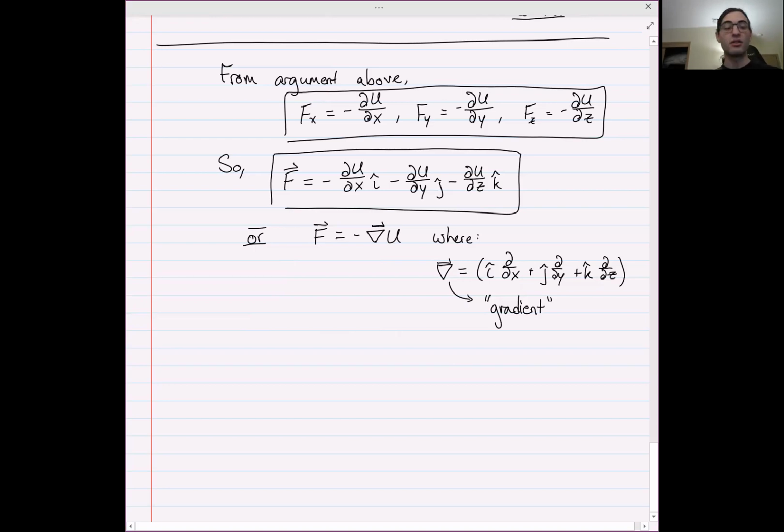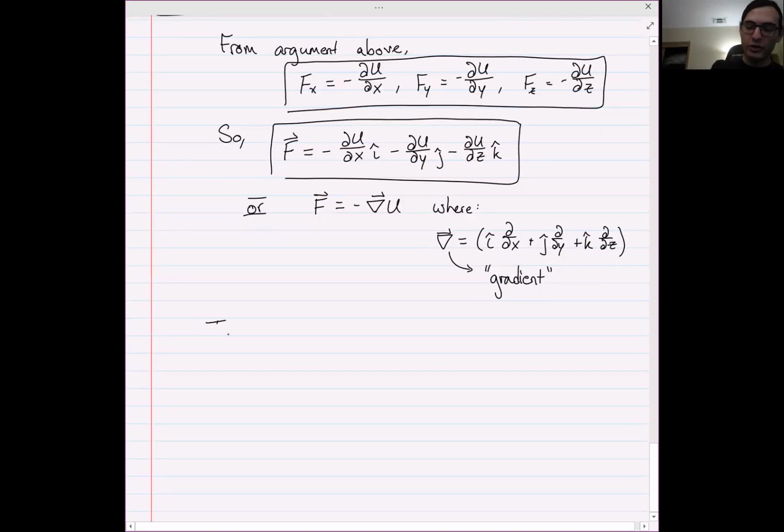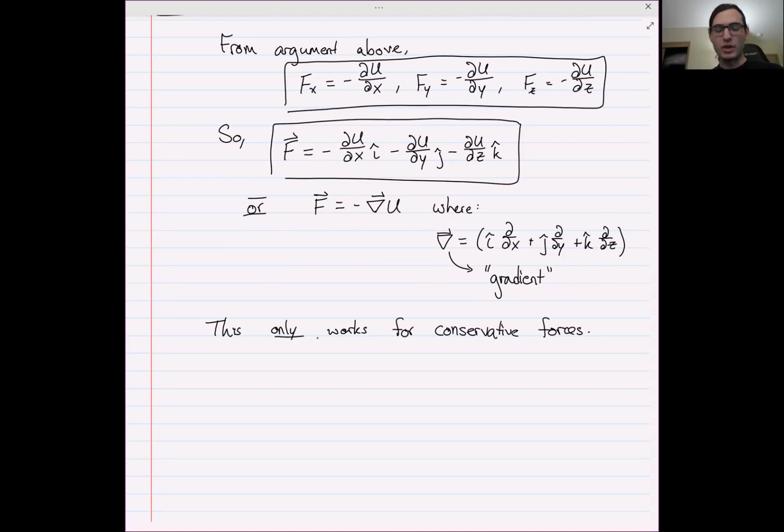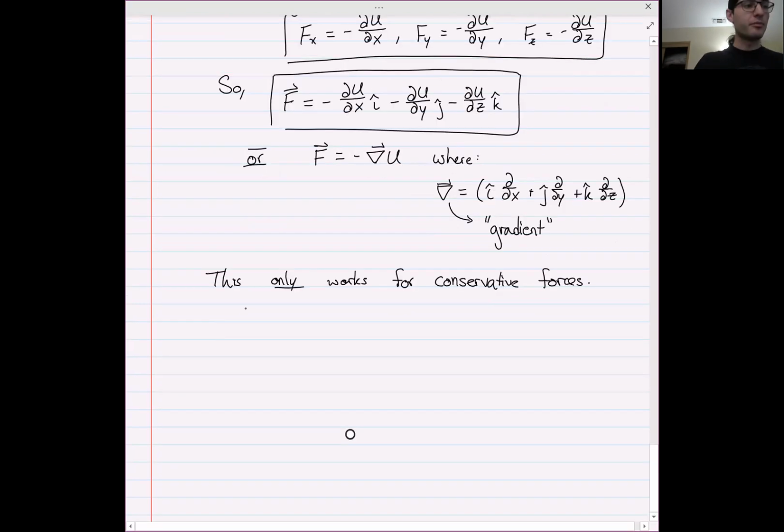this method of finding the force only works for conservative forces. There's no way to get a force from a potential energy function for a non-conservative force because there is no potential energy function for non-conservative forces. So as a useful sentence, which is a true statement, this is another characterization of conservative forces. A force is